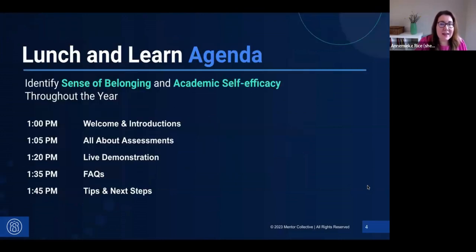Our agenda today is we are going to talk first about the concept of assessments and the source of these data, and then Kelley is going to jump into the live site and show everyone exactly what we're talking about in these tools. We will have time for questions. We have a few FAQs prepared based on the things that our partner success team has already been hearing from partners. So thank you for those, but I do encourage you to chat in your questions as we go, and we'll take a peek at the chat at the end and make sure we can answer those. And we'll wrap up with some suggestions for next steps for those of you to take advantage of some of the things we're talking about today.